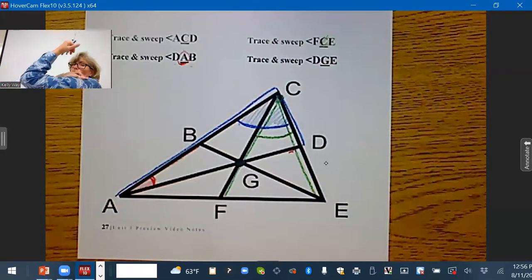It'd be like this, like shoulder, elbow, wrist. F, C, E. You sweep at the elbow. The last one,